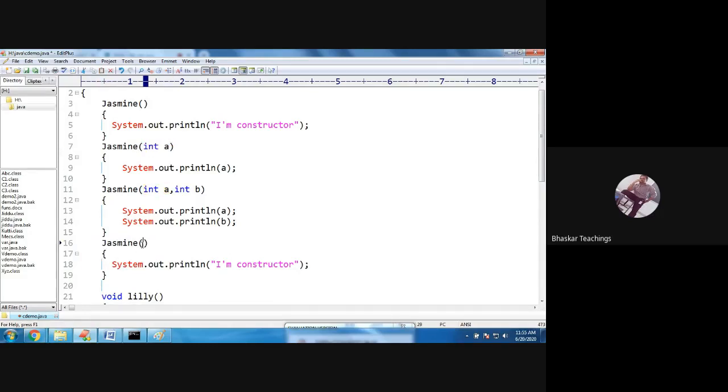I cannot create one more one argument constructor. It is impossible. Of course, you can create a float argument one, but you cannot create another integer argument one, because this is the signature of the constructor, and if you add another constructor, it will have a different signature, not the same signature. Here I have four constructors now, right? This is one signature, this is another signature, this is another signature, and this is another signature. All the signatures are different. Therefore it is possible, but if you have any same signature constructor or method, whatever, it is impossible, right?